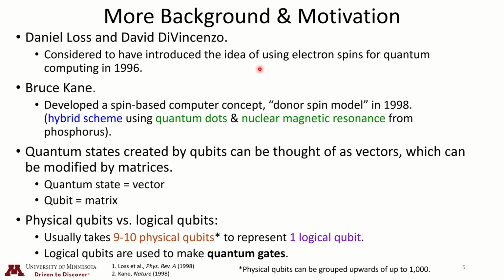So these two scientists introduced this idea of using electron spins to do quantum computation way back in 1996, which is roughly the same year I was born. And so these are some critical efforts to realize physical qubits. And then Bruce Kane, another scientist, developed this donor spin model, which uses that idea of electron spins to create a qubit. So basically what he did is create a model, a simulation,